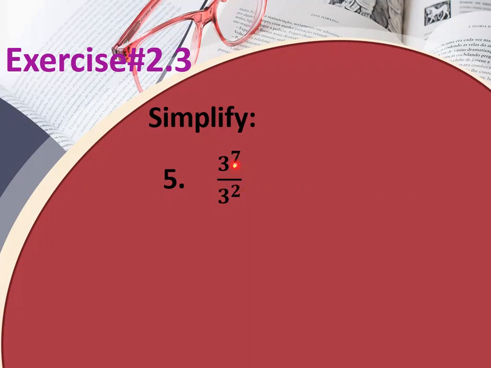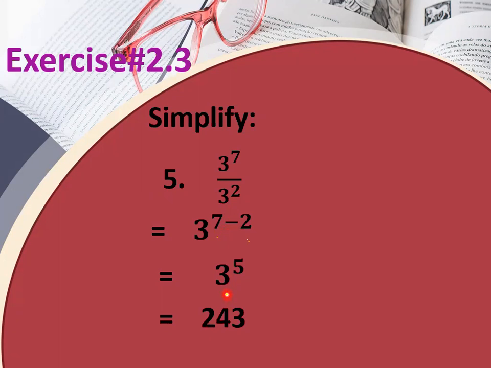simply subtract their powers. What are their powers? 7 and 2. So you will take your common base, that is 3, and then exponent 7 minus 2. The exponent in the denominator gets subtracted from the exponent above. So 7 minus 2 becomes 3 raised to the power 5. Now when you multiply 3 by 5 times, what will be the answer? 243. This one is easier, that's why I'm multiplying 3 by 5 times.